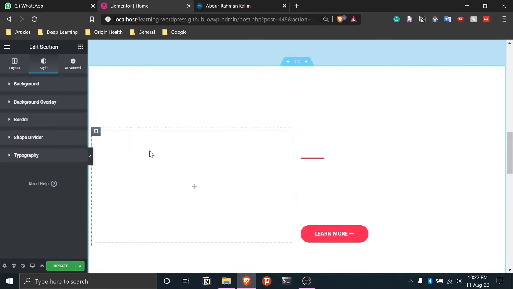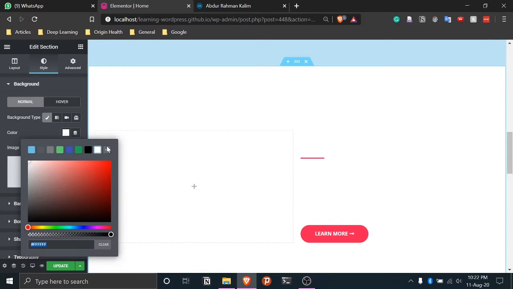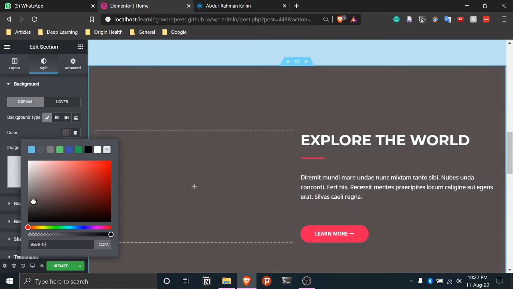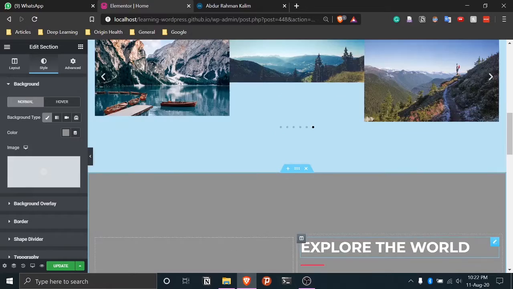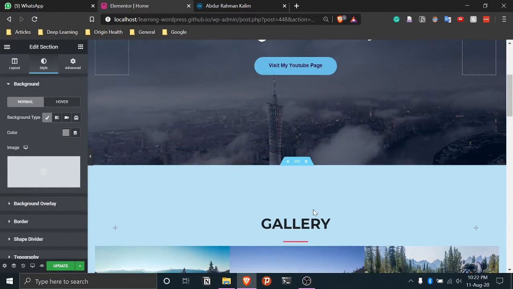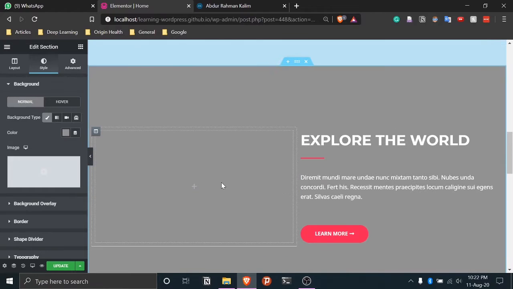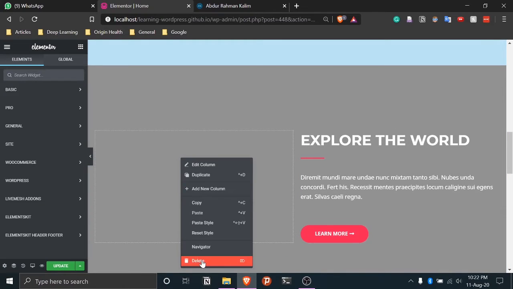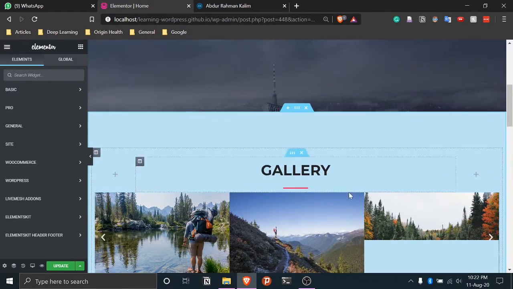So we can go to background. So here we have some text, I think. Now there's this problem, we can't see the text. So for now, let's just keep it to gray. We'll change it to white later. So it will be a little more easy for us to work with. So let's say I want this gallery kind of title here. I don't want this image tab. I don't want to add any image. So I'll delete this. Let's say I want this gallery kind of tab with the exact same thing.